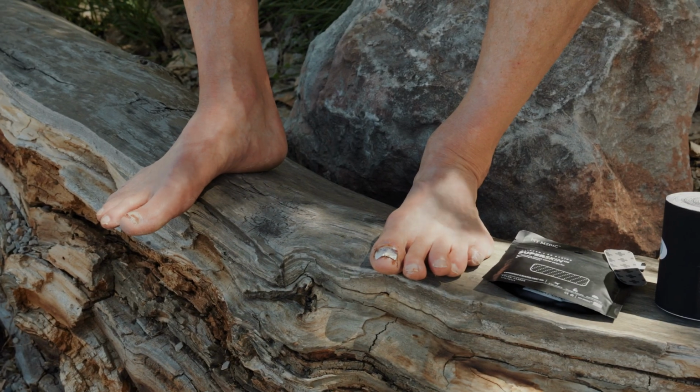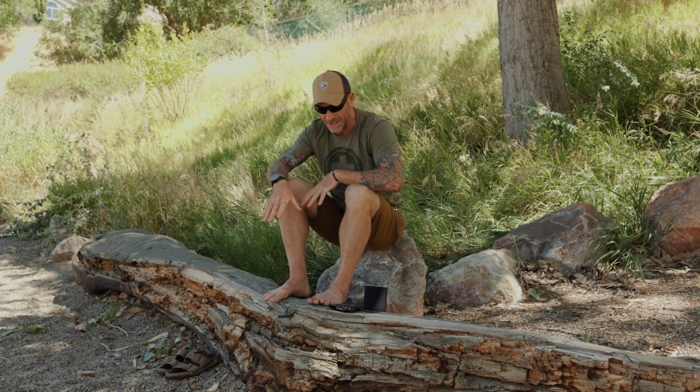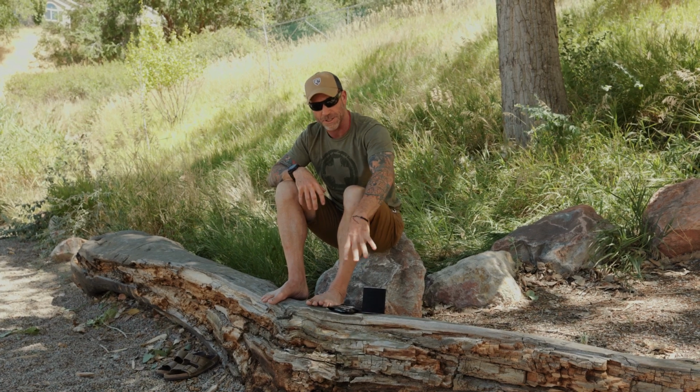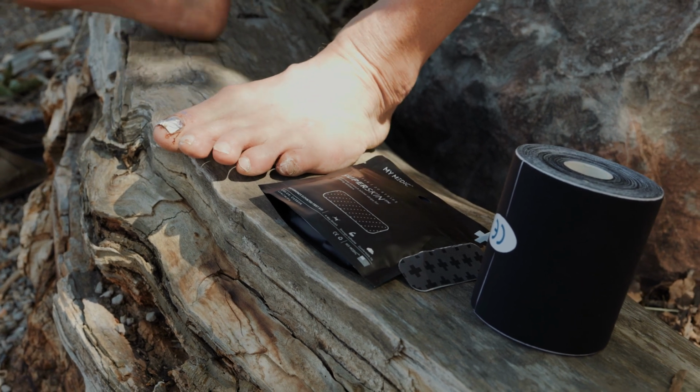My feet are disgusting and they're completely destroyed right now. I just finished a 200+ mile run through the Pacific Northwest, and let me tell you, these two items were an absolute godsend, and I'm gonna show you how I used them here in a minute. So we're talking about the Mega Roll and the Super Skin strips and the prevention and treatment of blisters and